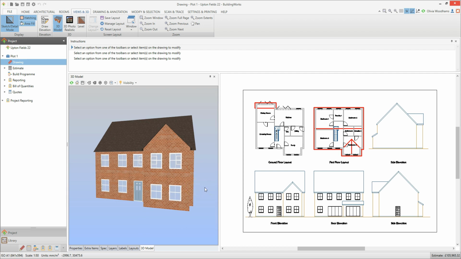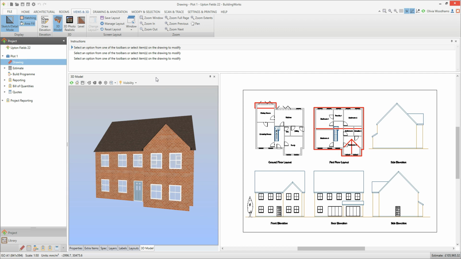Why not have a play around and familiarise yourself with moving, docking and resizing the windows yourself? Try the windows in floating, docked and pinned positions and see what works best for you. Remember, if you have a second screen plugged into your computer, you can drag the windows onto the second screen. For example, you could drag the entire tabbed window onto your second screen, or just place the 3D model window